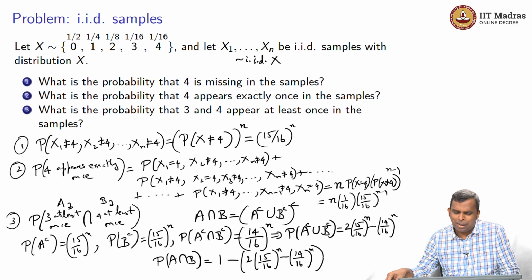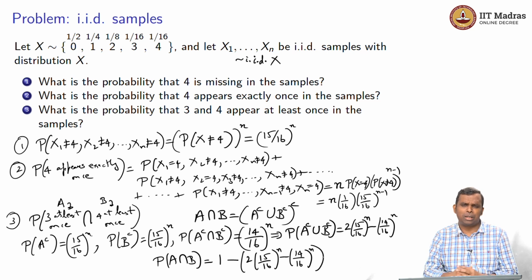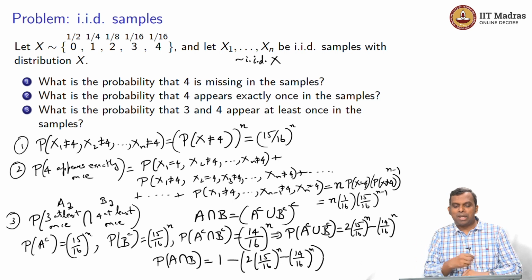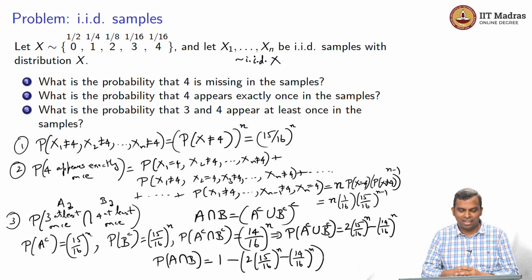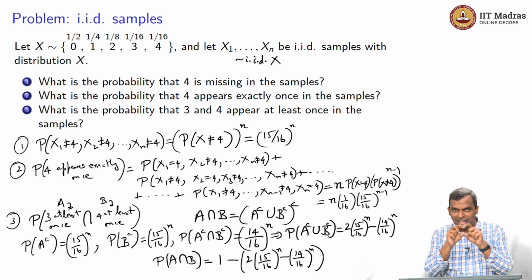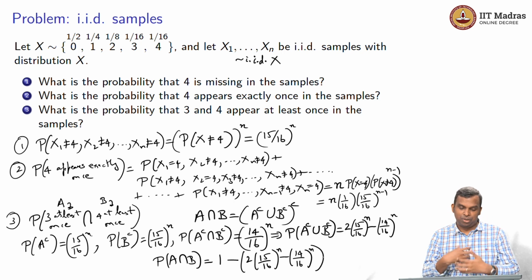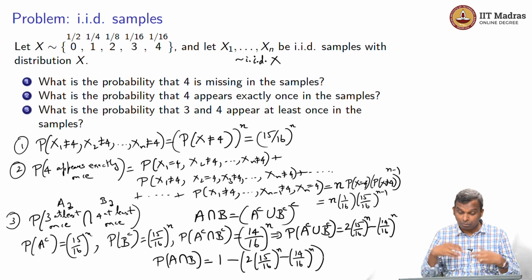I had quite a few reasons why I put this problem out. It's a bit of a difficult problem. It's not very easy, particularly the third part. But I wanted to convince you that even though you might think once you come to PMFs and CDFs and random variables, you can forget all about the basic probability, notice how basic probability is coming in and helping you. A good understanding of the axioms, writing events in terms of letters, translating the English description of the events into A and B and then manipulating it with unions and intersections and complements really helps you